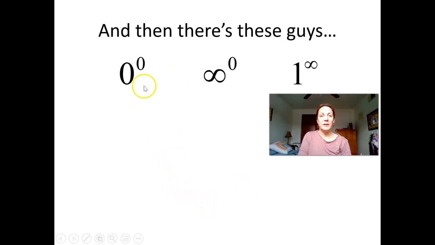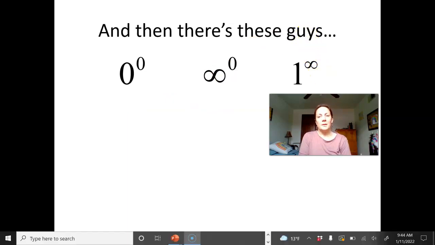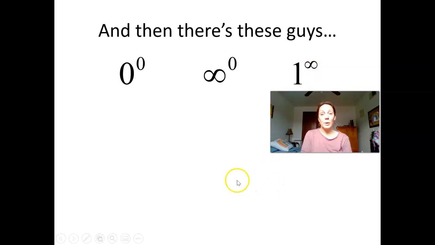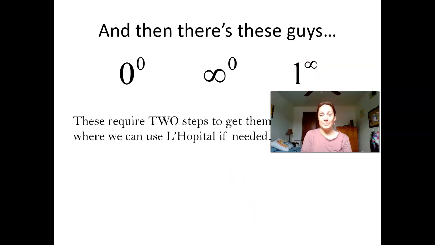Okay, we could talk for days about why these are indeterminate. Perhaps we'll do that one day. Okay, here's the deal. In order to get at these, I need to turn this exponential function into either a 0 over a 0 or an infinity over infinity. So the first thing that we have to do to make that happen